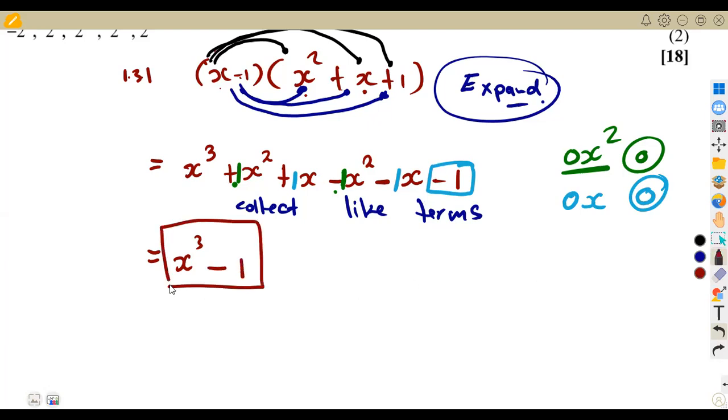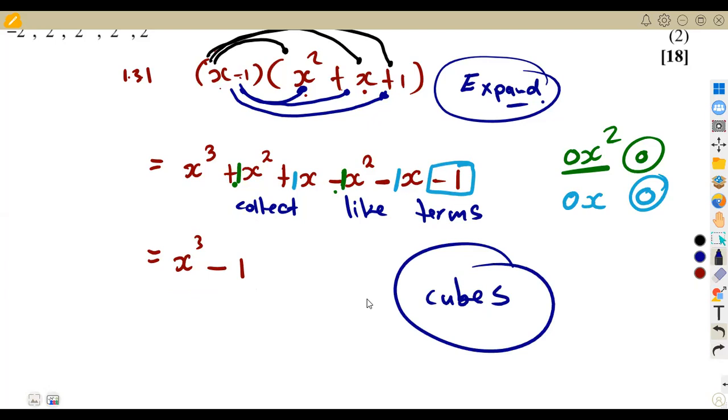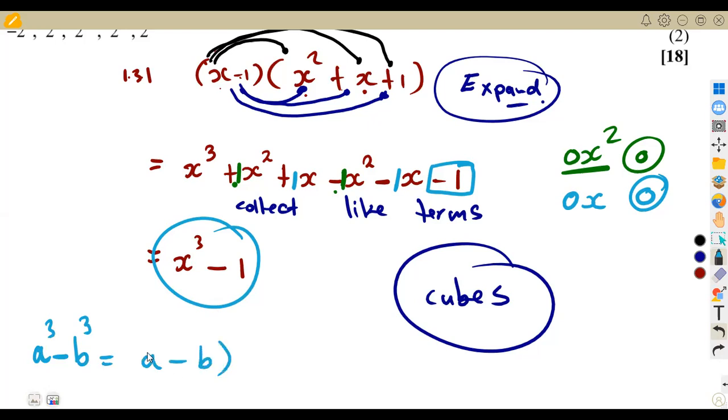And if you check this part we talked about, it also ties into our factorization from the difference of 2 cubes. Remember, we've got the difference and sum of 2 cubes. So we talked about this type where you factorize, you get this. So the question might ask you to factorize this. All right. So remember our concept that if we have a to the exponent of 3 minus b to the exponent of 3,